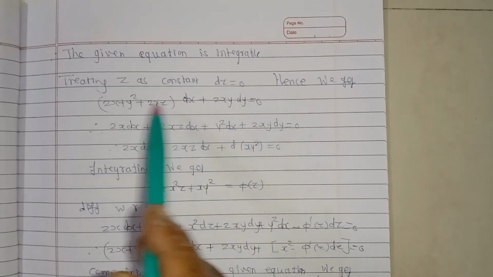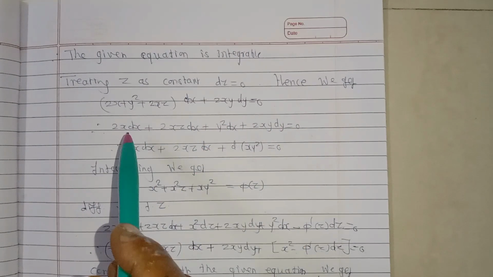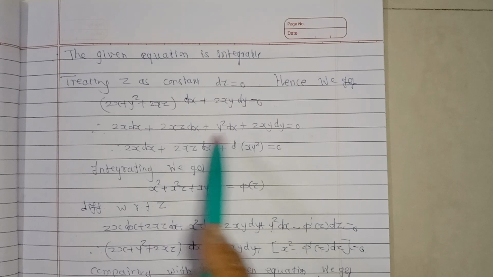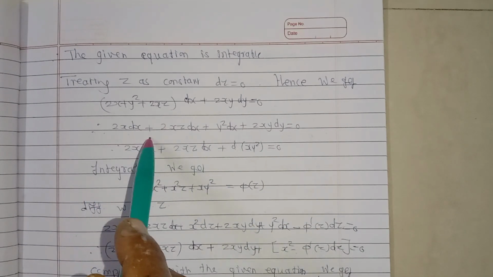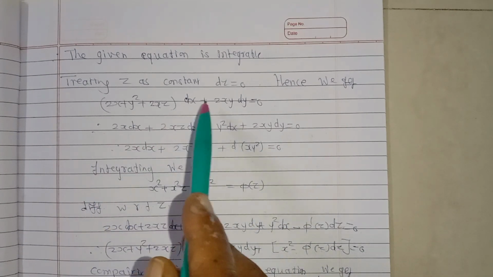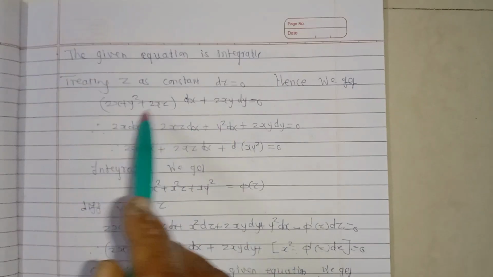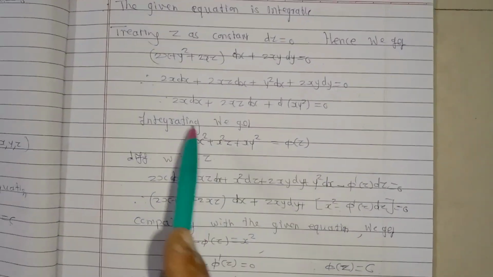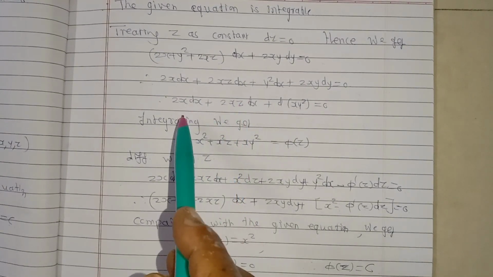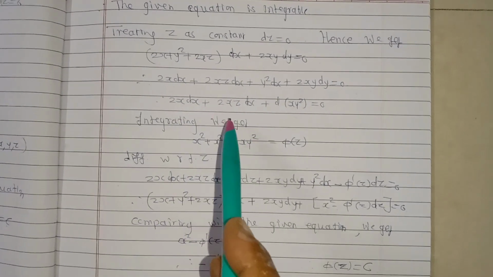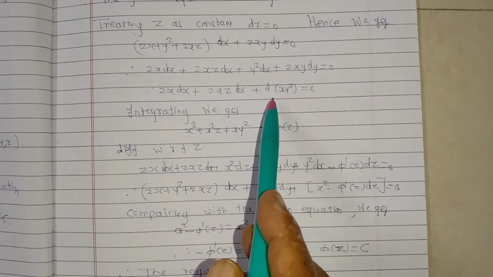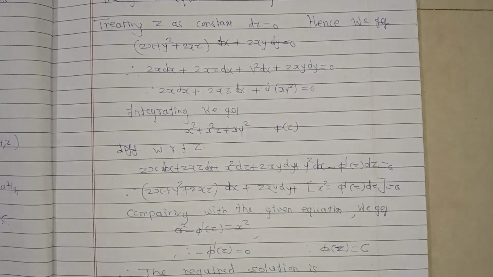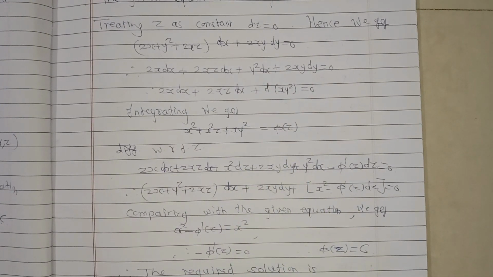We write this reduced form of the given equation in separated form as 2x dx plus 2xz dx plus y square dx plus 2xy dy equals 0. This can be written as 2x dx plus 2xz dx plus d of xy square equals 0. Integrating